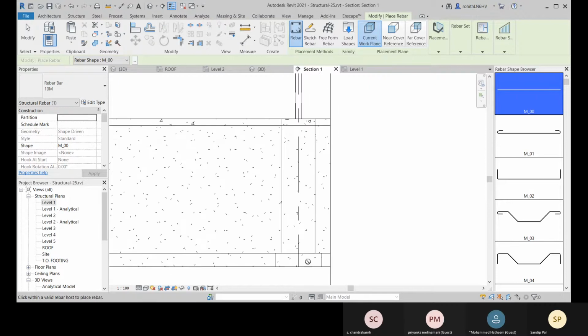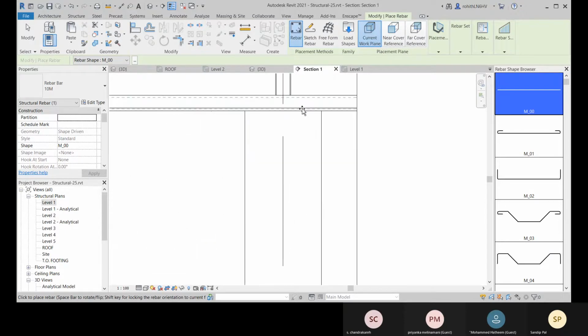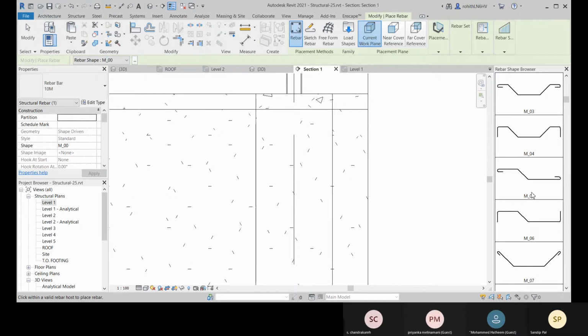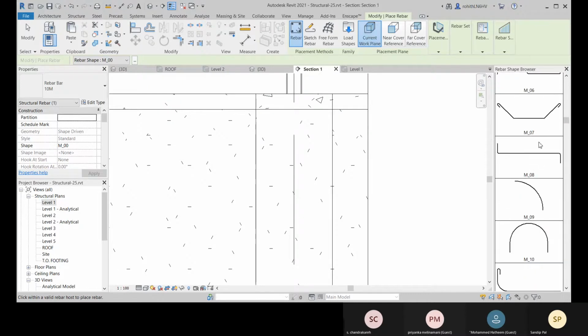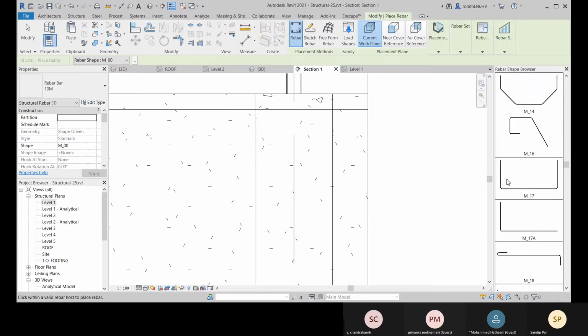If you select this, so you have this kind of shape available. So from this list you can choose your desired shape that you can select.